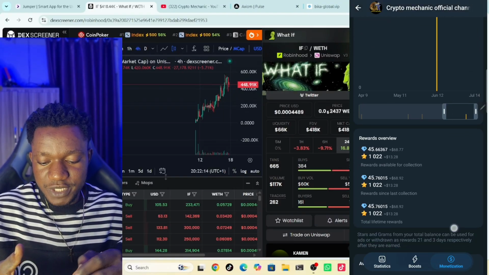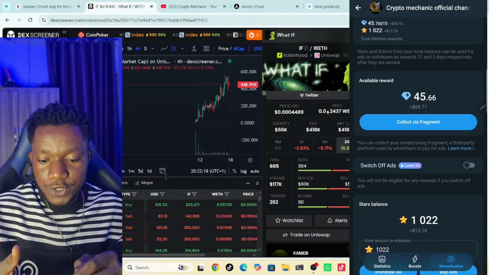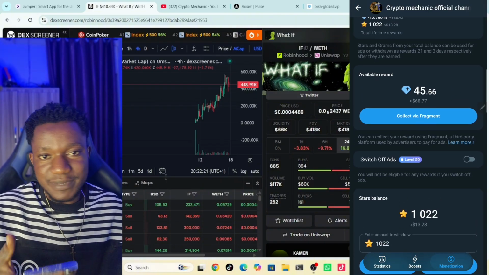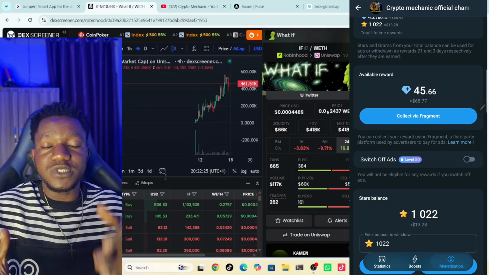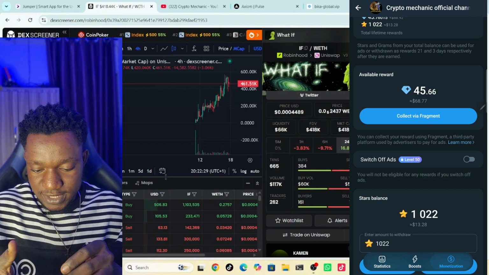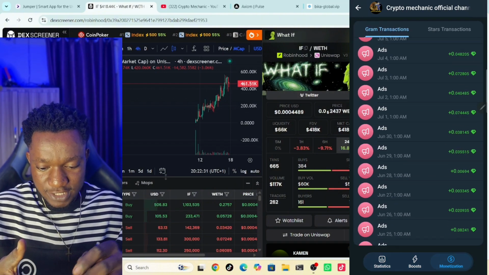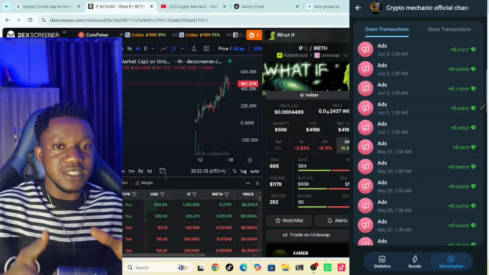This literally shows all I've been earning so far on this particular Telegram channel. When I scroll down a little bit, you can see this is the balance so far, and I can choose to collect this immediately or not. I can also use what I've been earning to boost or advertise my channel somewhere else. Also, these are the stars I've earned, and this is the transaction history so far. So it's very, very easy to get a Telegram channel monetized.